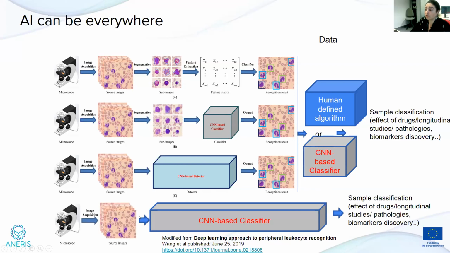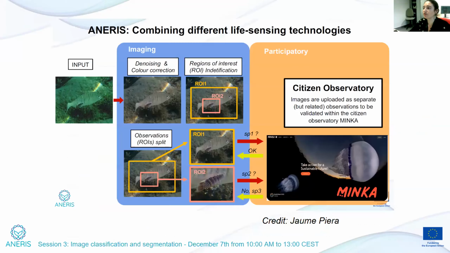And you can also directly say, okay, I give my image and my output would be Vexas, not Vexas, whatever. So then the main difference would be maybe the level of performance, but also maybe the explainability of what you're doing and how much human in the loop you want in this kind of approach. So it's really important to think about what would be your strategy,